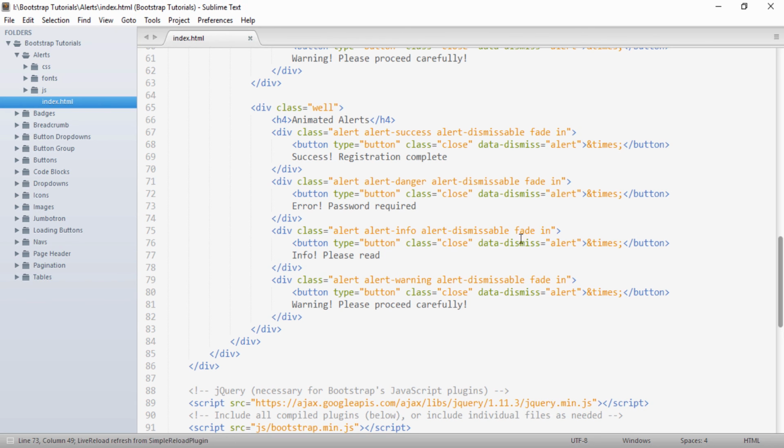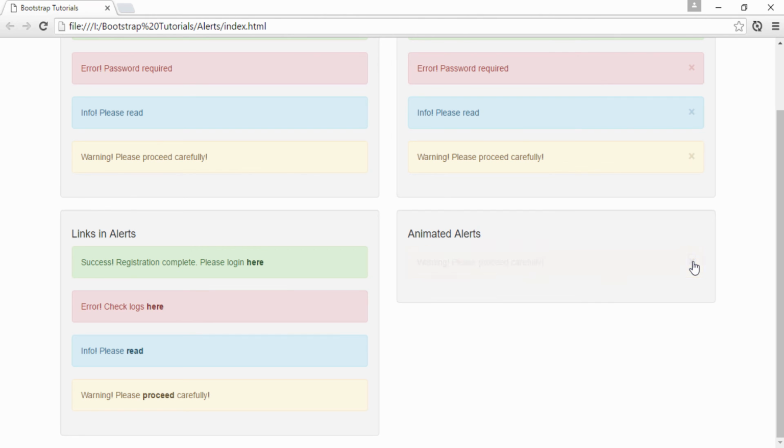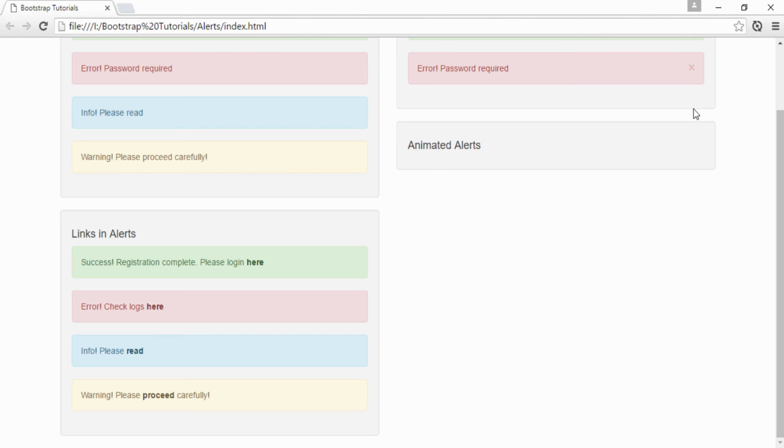And if I save it and go to the browser, you can see these animated alerts are created. So if I now click it, it is not going straight away, it is giving a slight pause and going. So here if I click those, they go as soon as I click them.